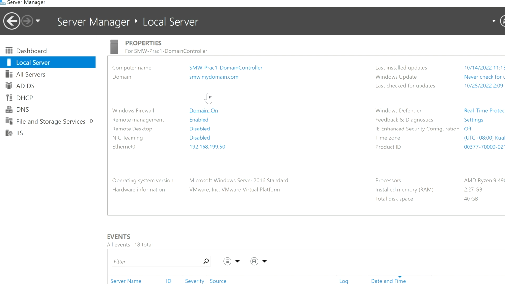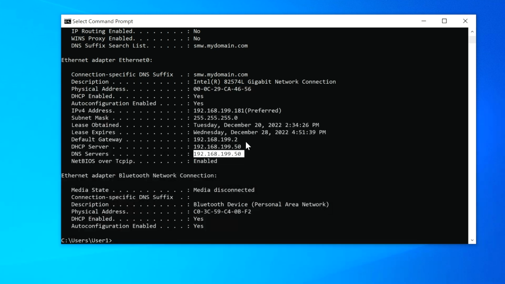Once we have configured our server, we would want a client to be able to join the domain. There are certain prerequisites for a client to join the domain. The DNS server that the client should be using is the domain controller's IP address. This is so that the client will be able to translate the domain name that we will be entering later